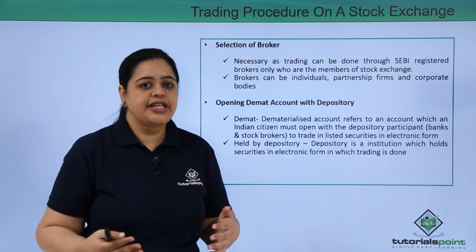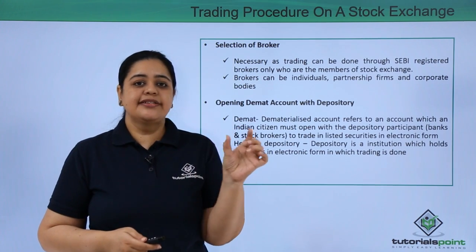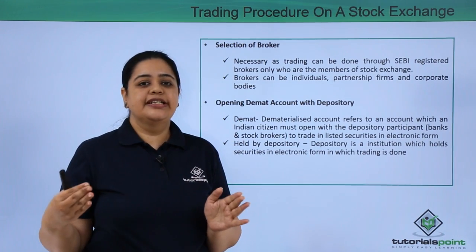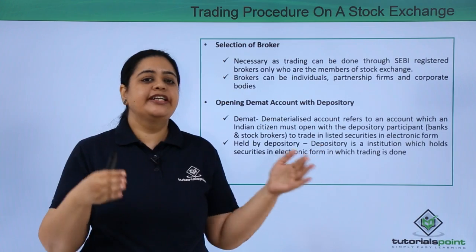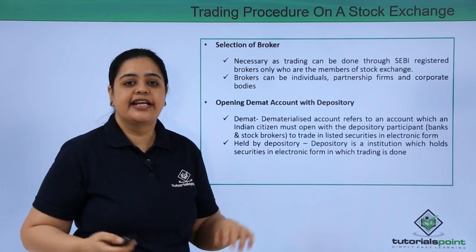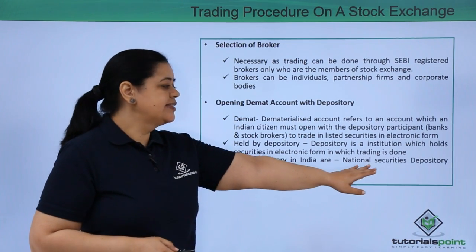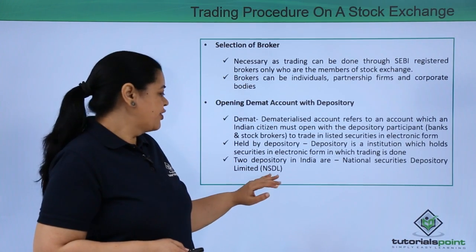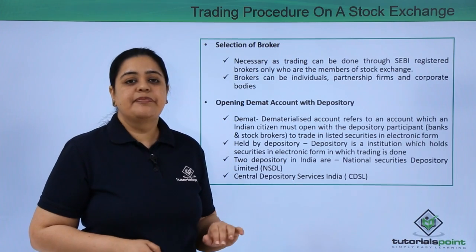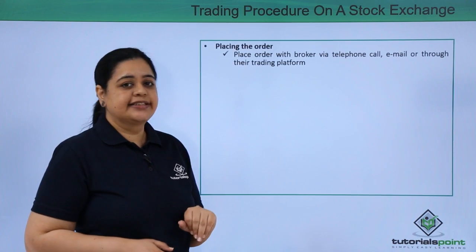Because of that, it becomes very easy to trade nowadays. The transfer of shares is much faster, and that is the reason we have come to the settlement of T+2, which I already explained. Earlier, because physical securities were involved, the transfer of shares from one individual to another used to take time. Now it is faster because everything happens in electronic form. In India we have two depositories. One is the NSDL, that is National Securities Depository Limited, and the second is the CDSL, that is Central Depository Services India.